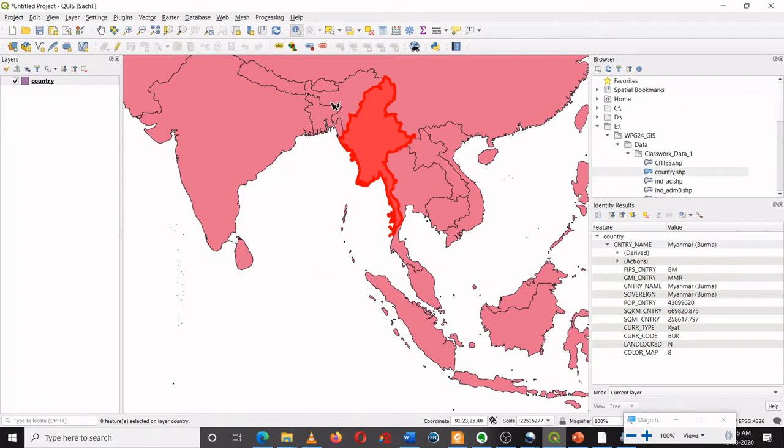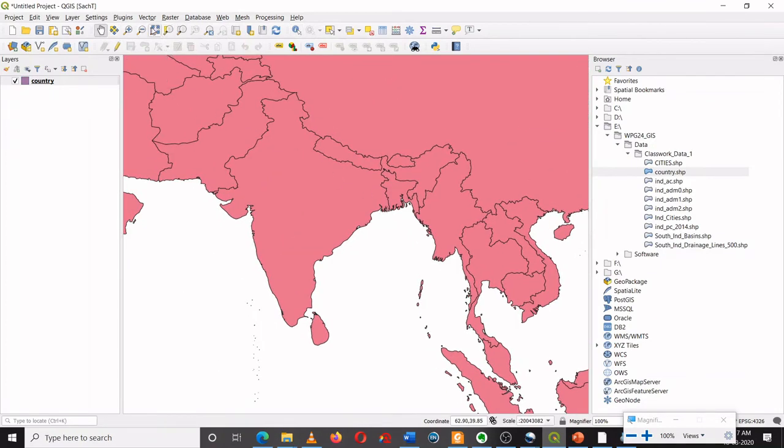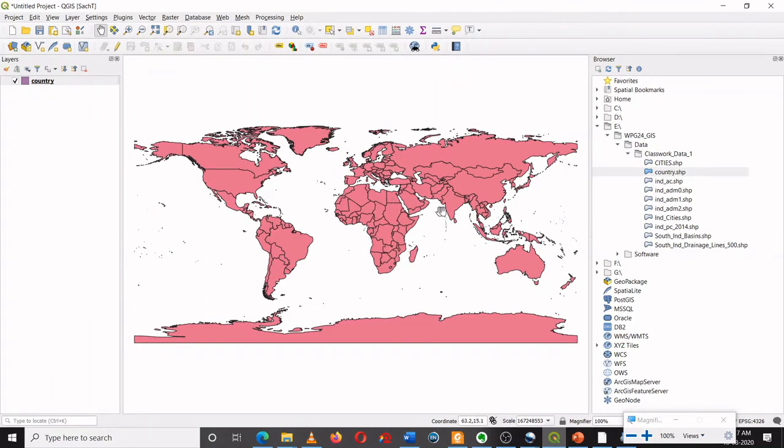If I want to identify a particular feature, I can just click anywhere, and it will highlight the attributes of that particular polygon. For example, now it is the case of Bhutan. This is quite a helpful tool when you are dealing with a complex map layer with multiple polygons. I can shut down this identify feature and go back to the span. I can deselect everything, and again zoom to layer. Okay, so this is what we have seen for one layer.